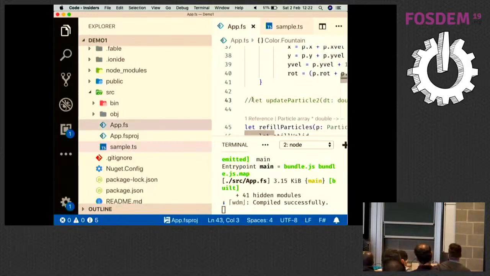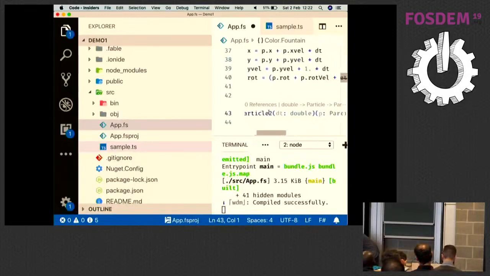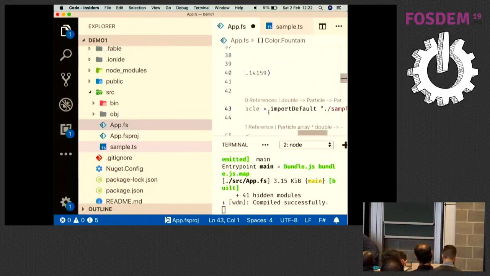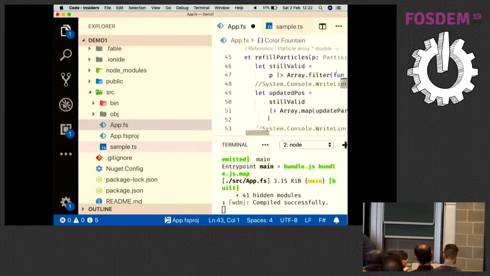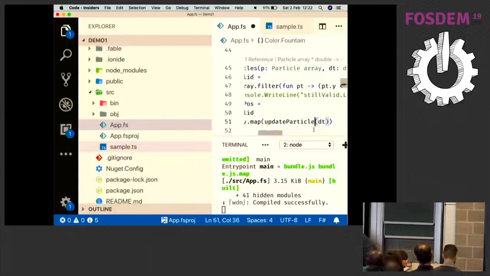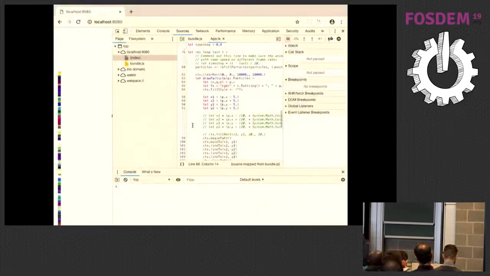And then in my F# code, I can just import the TypeScript code. This is using the built-in import default. This is basically putting a require call that's just working like loading modules in normal modern JavaScript code. And then here, and this is working. This is now running most of my code from F# code,